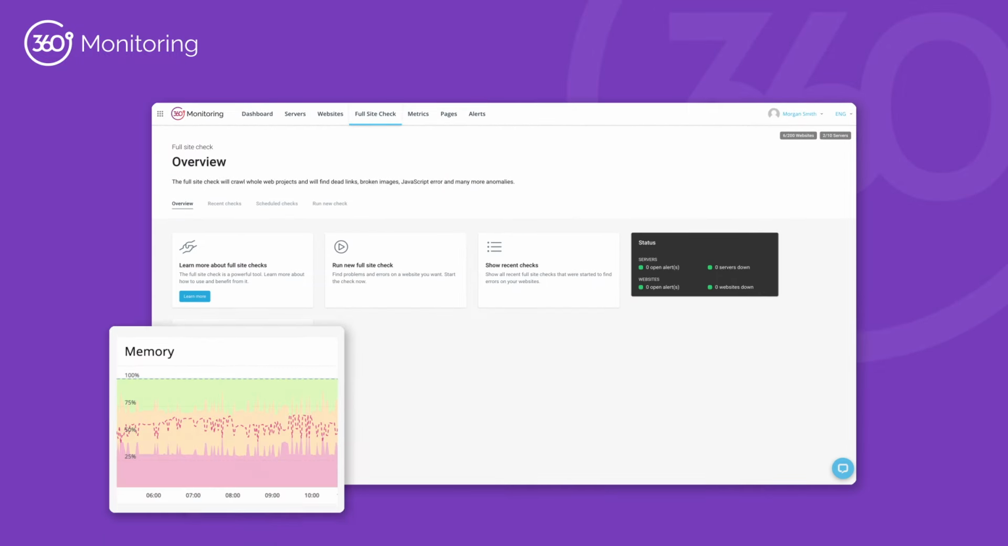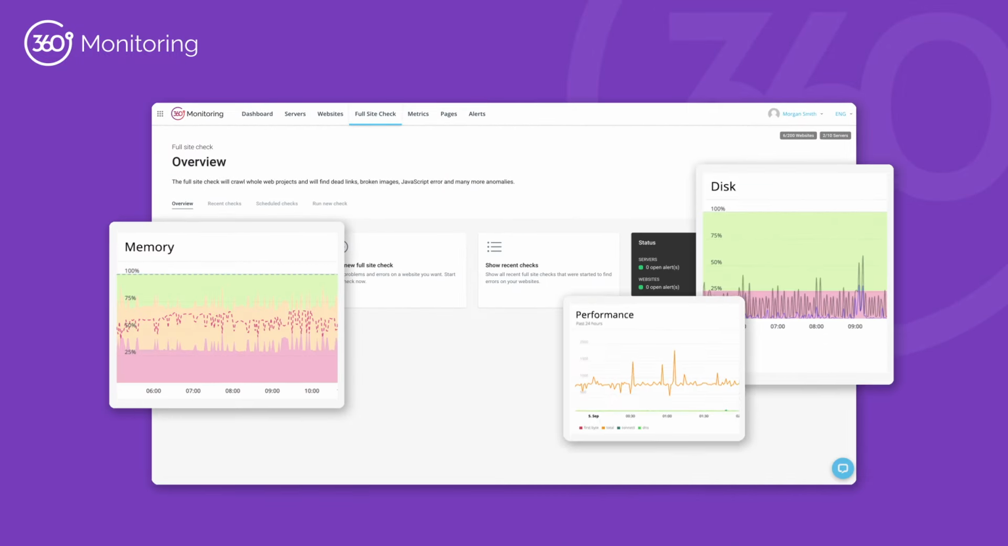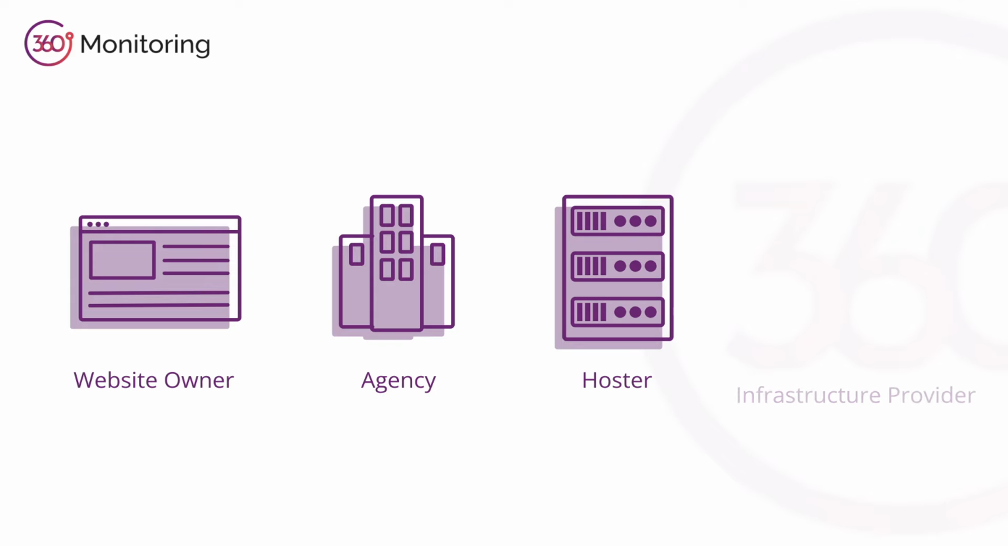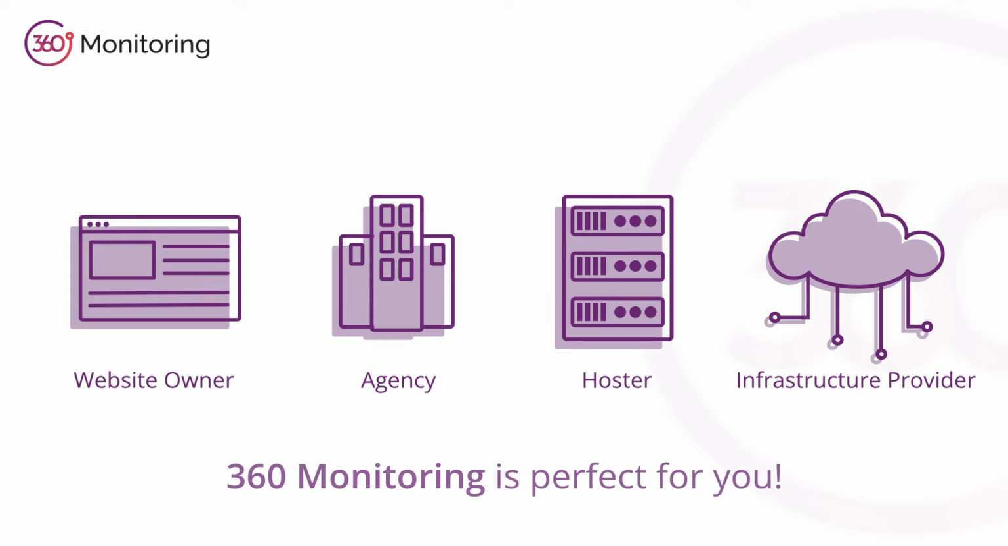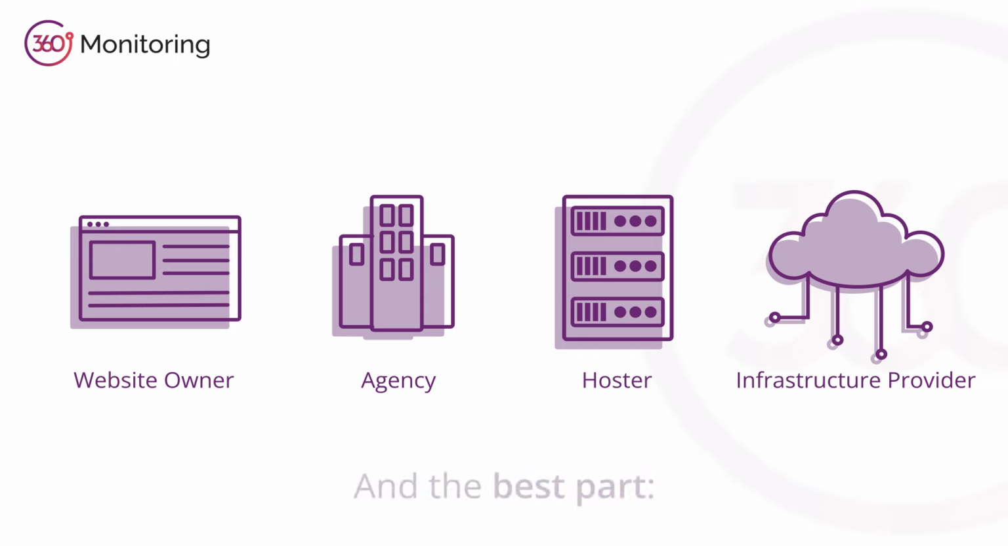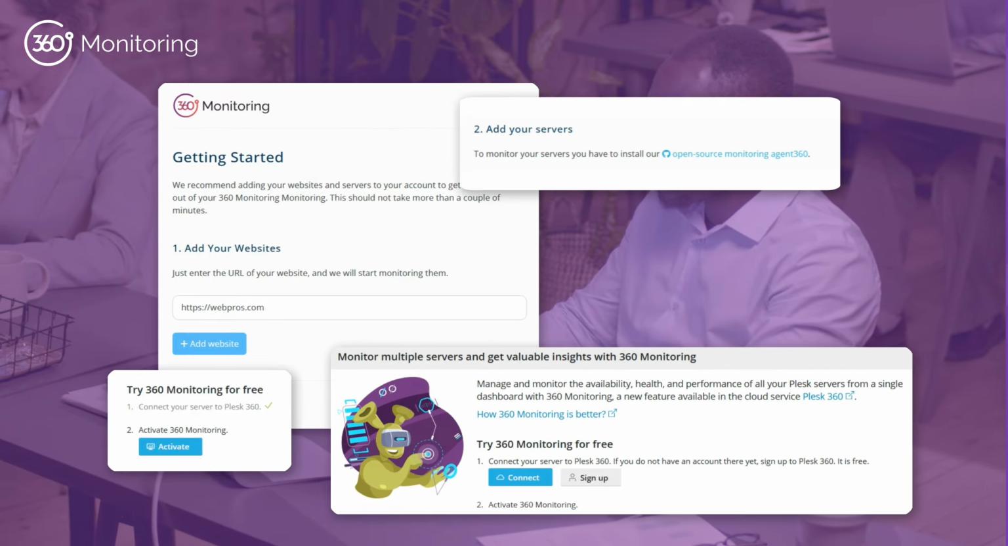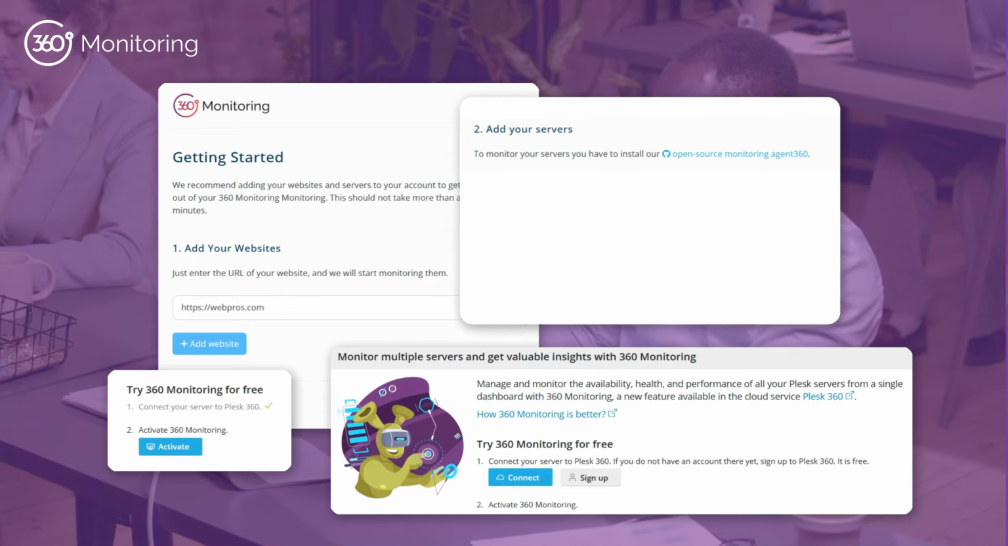Introducing 360 Monitoring, the all-in-one solution for monitoring all your sites and servers. Whether you are a website owner, agency, hoster, or infrastructure provider, 360 Monitoring is perfect for you. And the best part, you can set it up in minutes using our open-source monitoring agent, available on both Windows